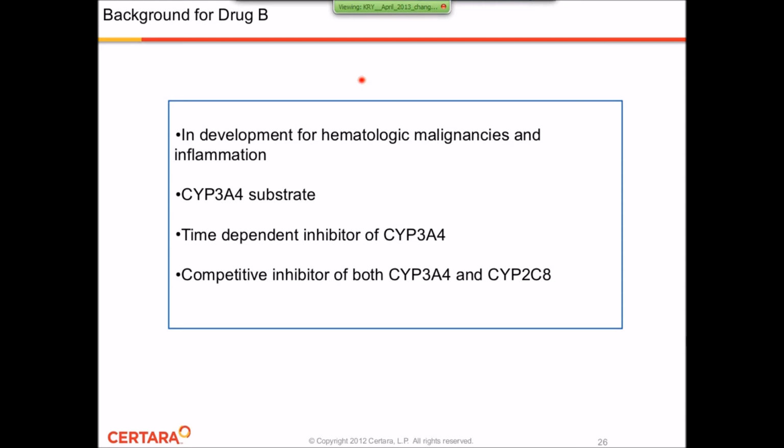CYP2C8. So the first thing that I'm looking at when I see this data is that we need to assess the potential for DDI with it as a CYP3A4 substrate, but on top of that, we have to build in the auto-inhibition of the CYP3A4 as well. And then, because it's a competitive inhibitor of both CYP3A4 and CYP2C8, we'll probably want to assess the DDI potential of it as a perpetrator against drugs such as midazolam and repaglinide, which is a CYP2C8